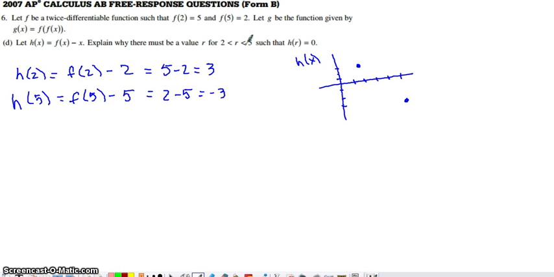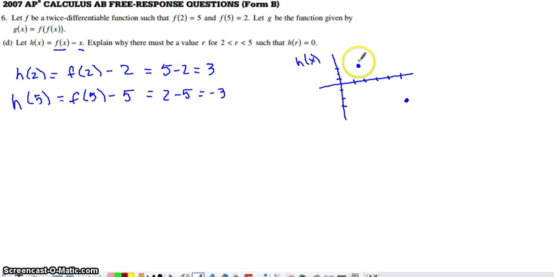So let's see, is h continuous? Well, f of x is twice differentiable, and since it's twice differentiable, it's differentiable, and if it's differentiable, it's got to be continuous. This individual component of h is continuous, x is always continuous, so the difference of two pieces that are continuous is still going to be continuous. So h of x is continuous based on what we just said, and if you were explicitly trying to write this proof, you'd want to write that out. I'm not going to, since it takes me a little bit longer to write with this, but h is continuous, and so by the intermediate value theorem,